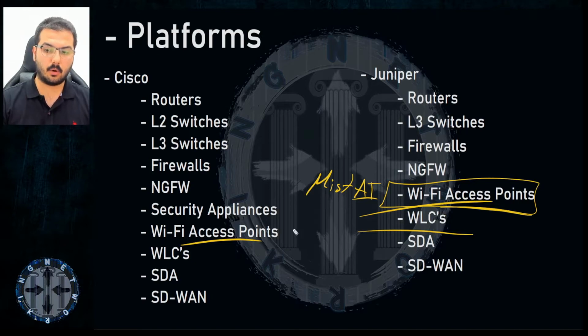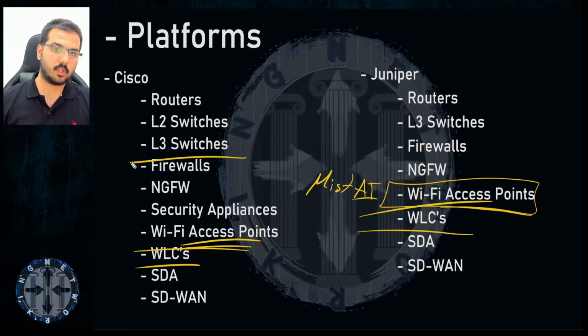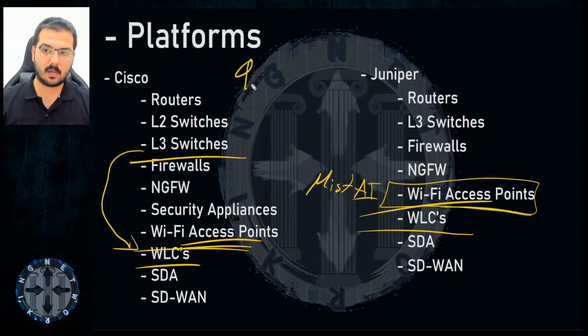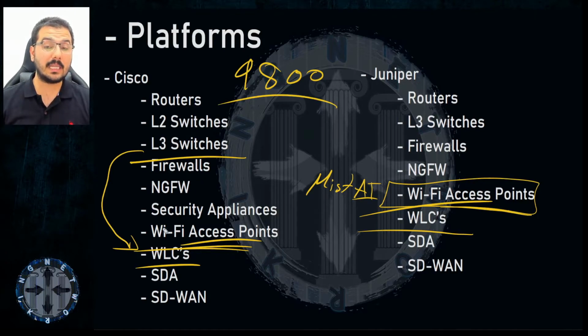On the other side, Cisco already had by that time wireless controllers and Wi-Fi access points, even before this announcement of Juniper. Cisco has provided multi-layer switches with a WLC card built in, which is the 9800 series of switches and WLCs. It will be really interesting to see a switch with a WLC card included inside it. So these are differences when it comes to these two.